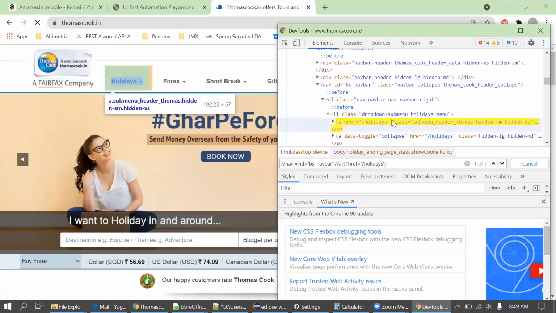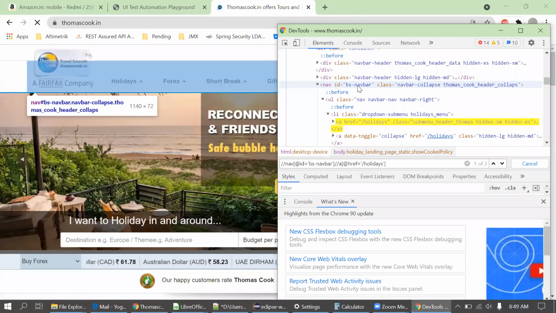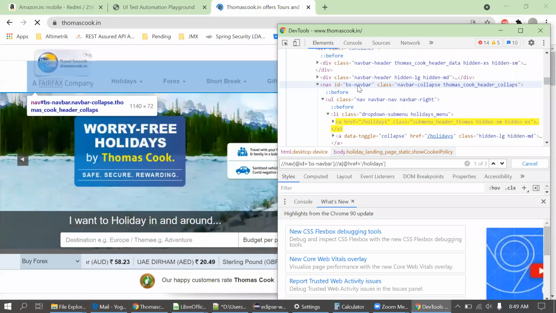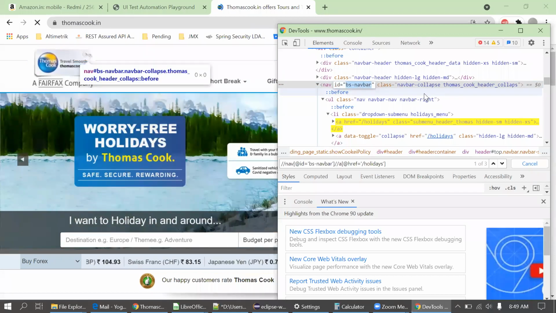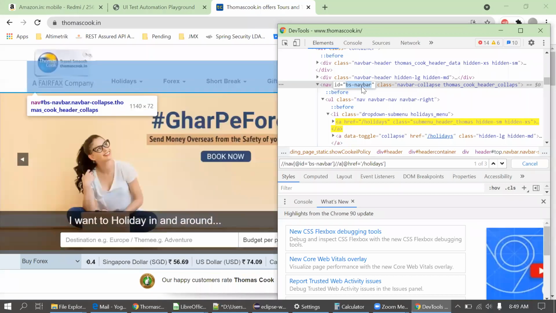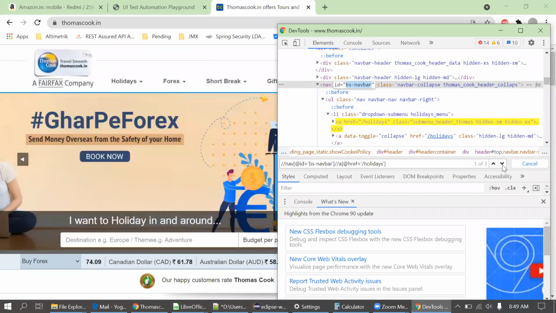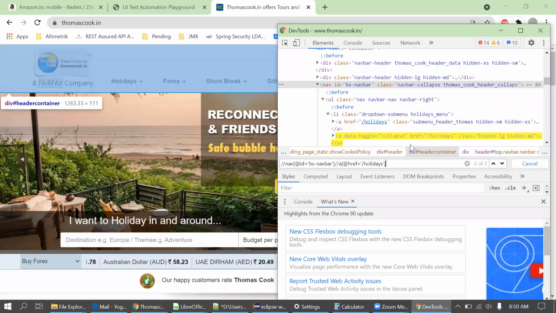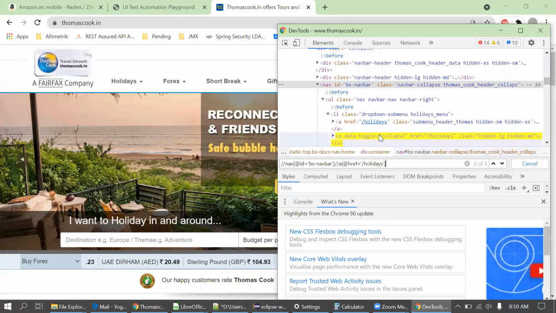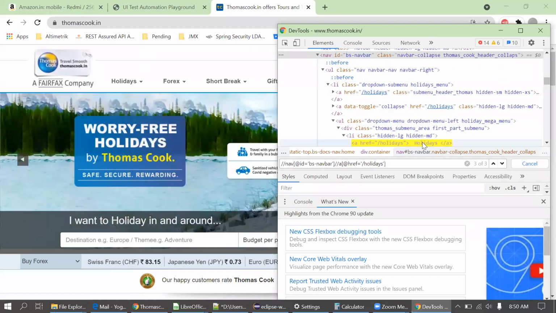The first is the right one, so I'll look for this class, or this nav ID. I already put this ID, still it is not showing. I look for the other. What is the difference between this and previous? Yeah, it is showing this as well. Okay, second and this third one.